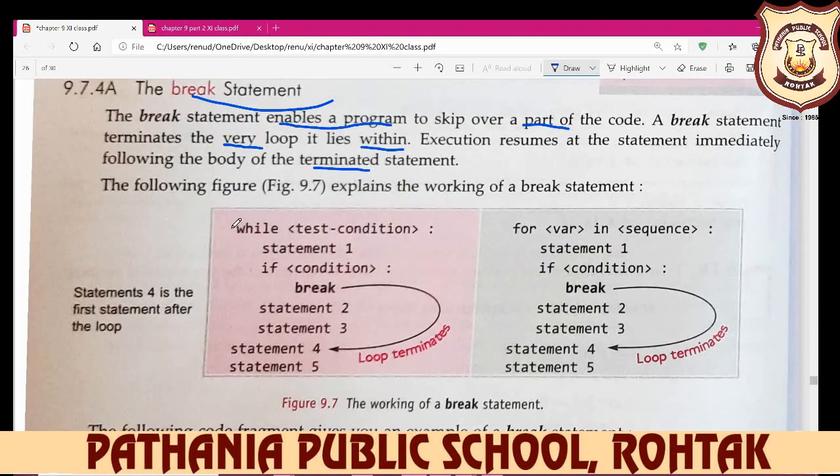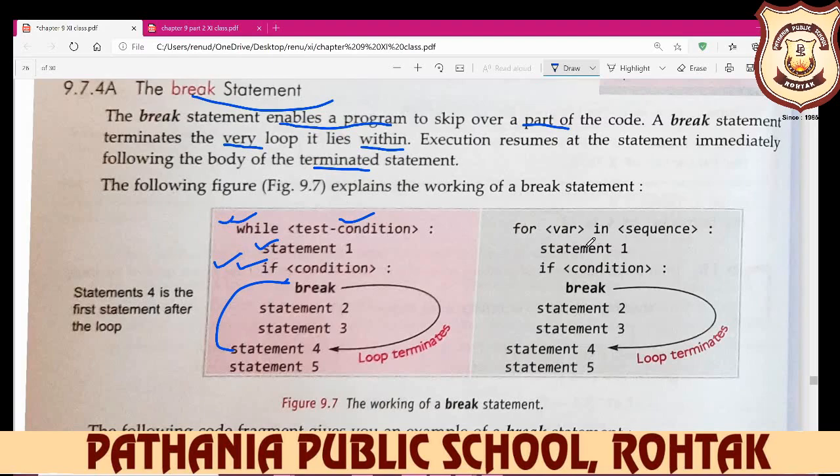So you see, beta, first you write the while statement, then you write the test condition expression here, for example i less than 0, i greater than 0, like this. Then you write the statement print i. Then, for example, you are using a nested loop here, so while, and then you use the if condition. Here you write while and condition, here another if and condition, and then the break statement. So it breaks out of the statement here and directly moves here. Your loop is terminated here, and statements 4 and 5 will be executed here.